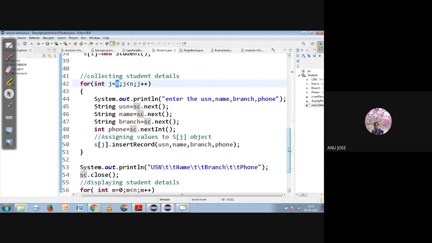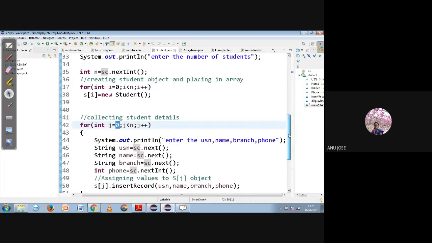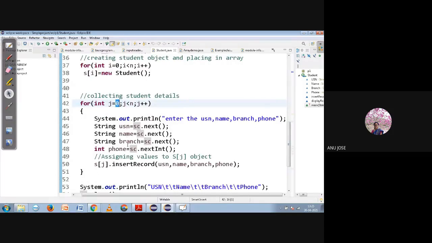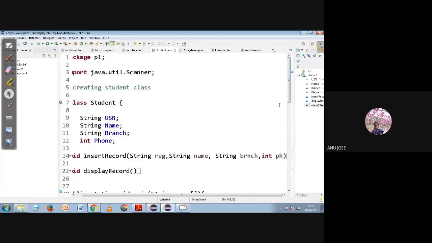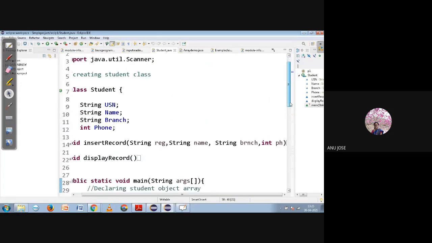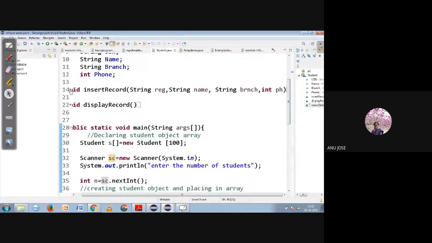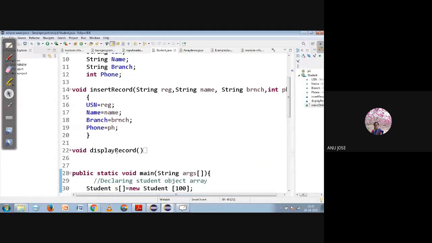Now we'll go to that function. What is happening in insertRecord? We have read the values USN, name, branch and phone number from the user inside main itself, and those values are transferred to the function insertRecord. Go to the insertRecord function and you can see what is happening. Whatever values you transferred from there are accepted over here as input parameters, and they are assigned to the member variables of the class.